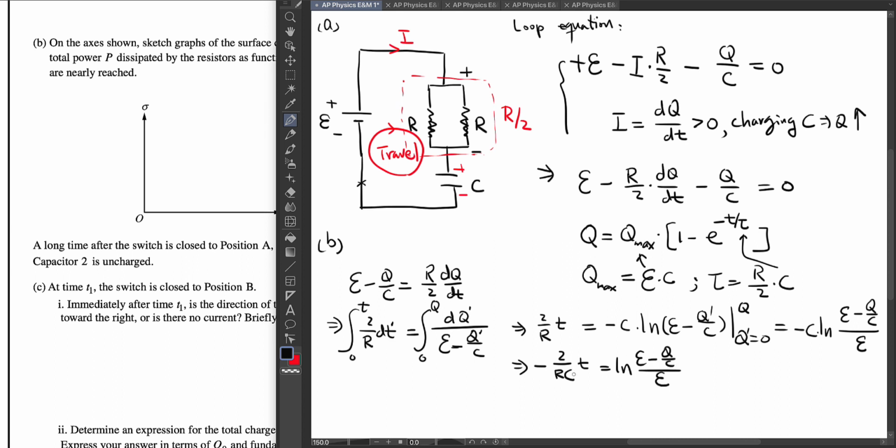Okay, so let's put the exponential on both sides. E to the negative 2 over RC t equals the right side, EMF minus q over c over EMF. Okay, now since I need an expression for Q, let's reorganize all these terms. Let's multiply EMF and also move the Q over C to the left side and the whole thing here to the right side. So we have